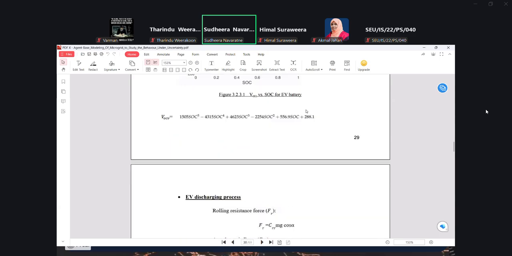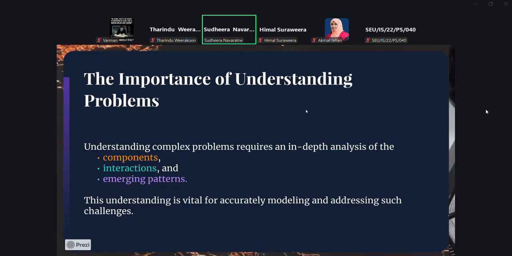So you can see each of these components you will model as an agent. And then agent-based modeling does not stop at that point. It also models the interactions between the agents, so how the requirements or the output of one agent depend on the requirement of another agent. And then you also need to understand the emerging patterns and the possible cases to simulate the different scenarios and to validate your model.